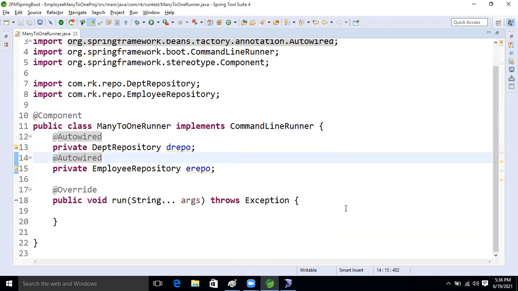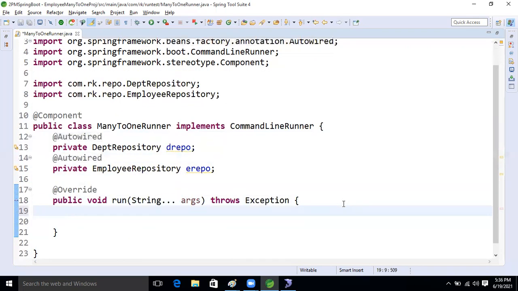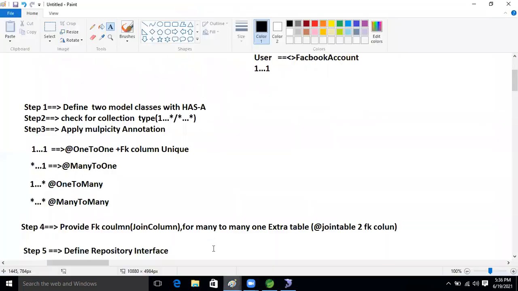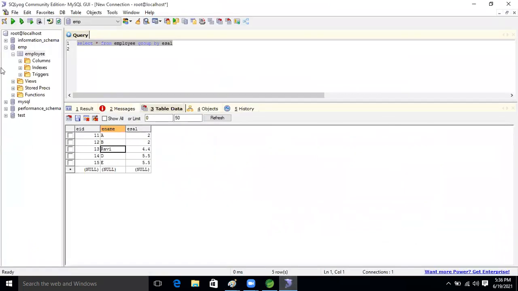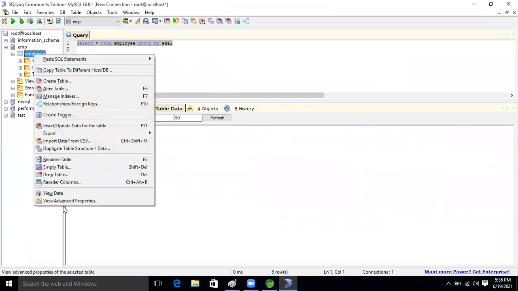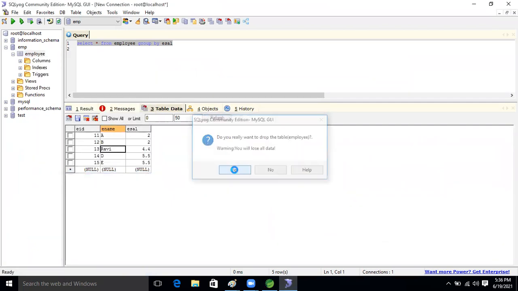Okay, guys. So we will store the data. Based on how our data is there, we can get the clear picture. This is our data and this is our expectation. First, let's delete each and everything here. In the employee, drop the table. Nothing is there now.